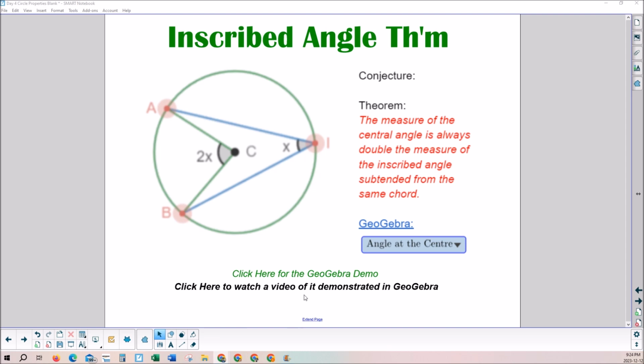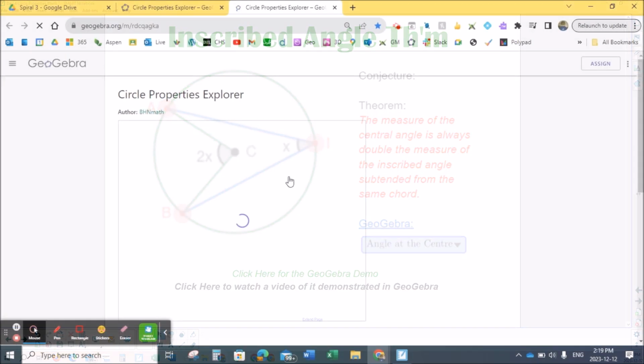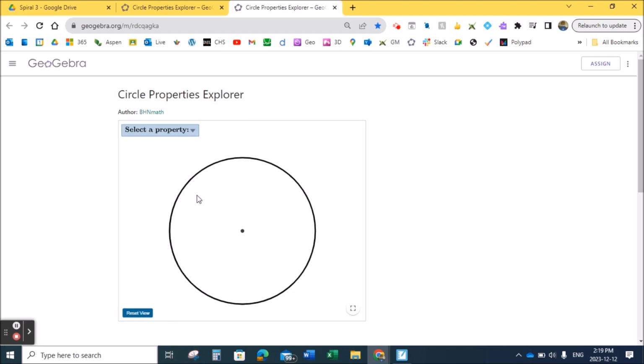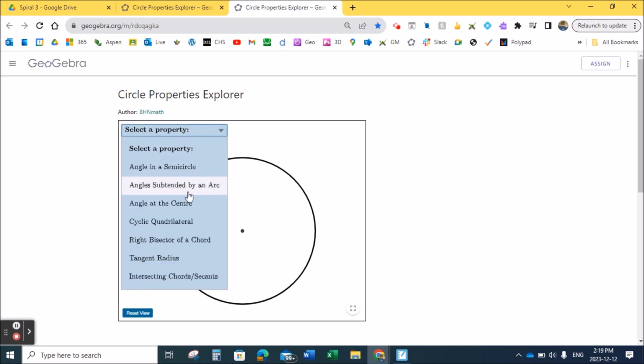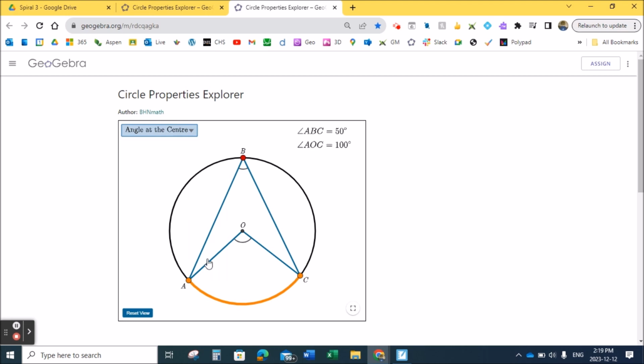Now let's watch this in general on GeoGebra. And we're looking at the angles at center. And we see here this is set up where the angle at the center is 100, and this angle up to the edge is 50. So this is double that. And regardless of where I drag this, you see that that angle stays at 50 degrees, always. And then even if I shrink this down into something smaller,